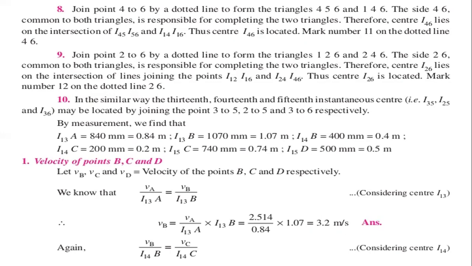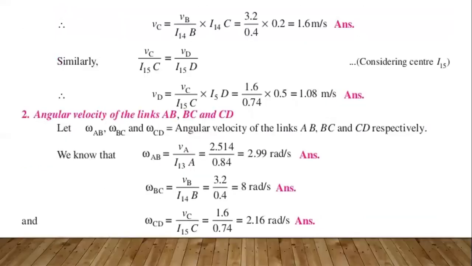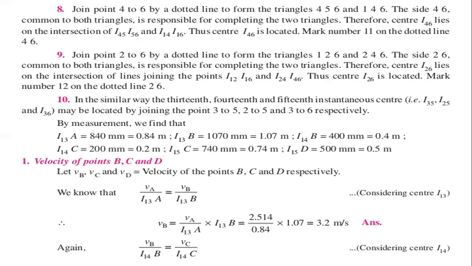So these three are to be taken as the velocities of B, C and D respectively. So we need to consider the I13 point with respect to